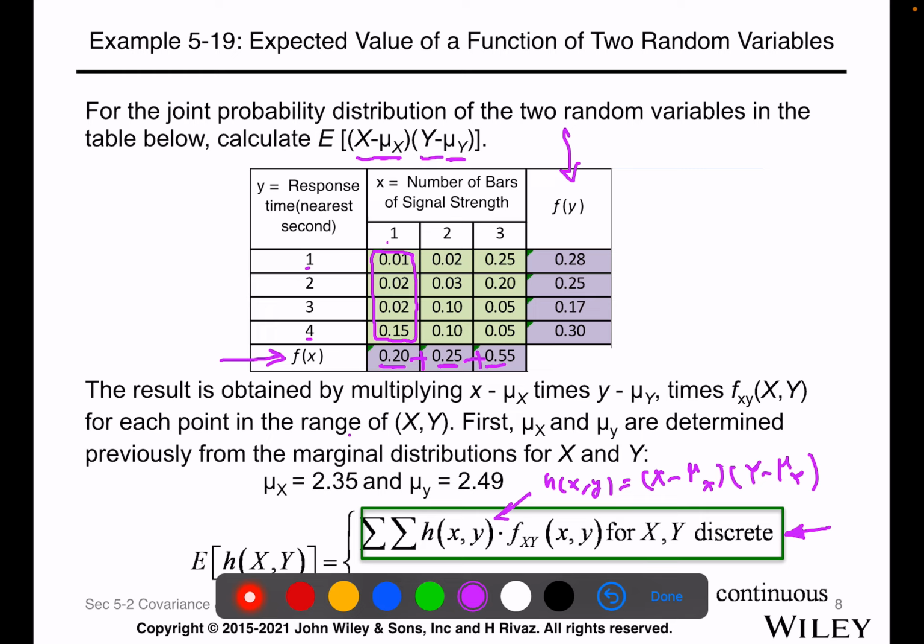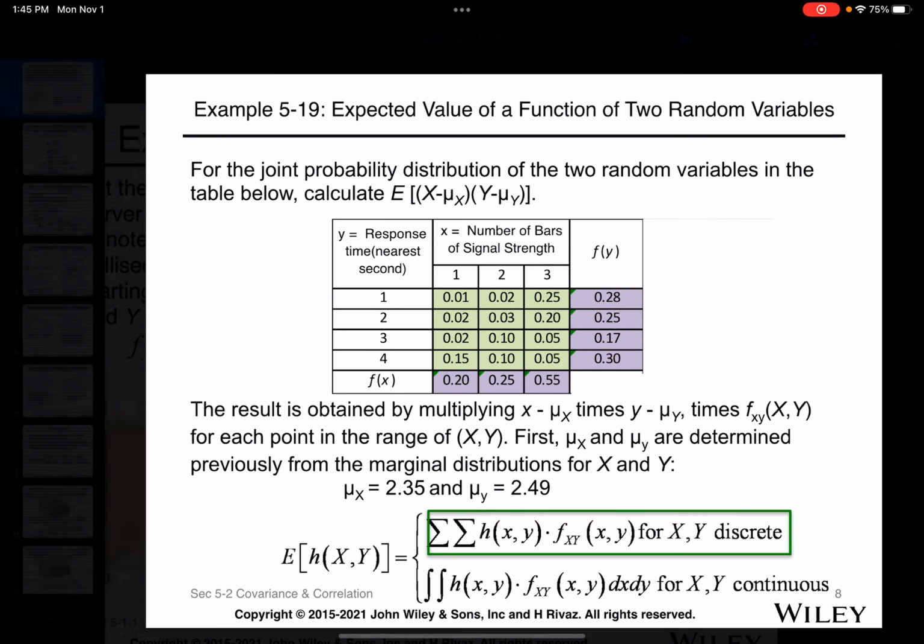Otherwise, we have made a mistake somewhere. And similarly for the other marginal, f of y here. If I add up these three numbers, I will get 0.28. And same for the other probabilities. Again, if I add up these four numbers,